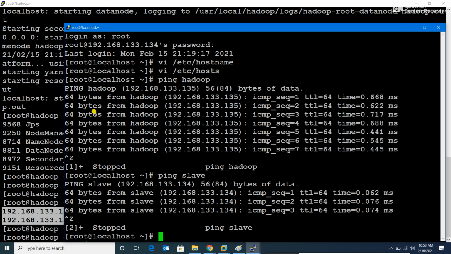Multiple times I have repeated this and I believe this concept has become very clear in everybody's mind. How are the machines getting connected? By putting the IP addresses into the /etc/hosts file, and we make it easy by giving an alias name by putting a space and the name of the machine. So we directly use the machine's host name while using the ping command. And these machine names only we will use wherever in XMLs or elsewhere we want to put them. This is how we are making it easy for ourselves. Okay, fine. This much is done.